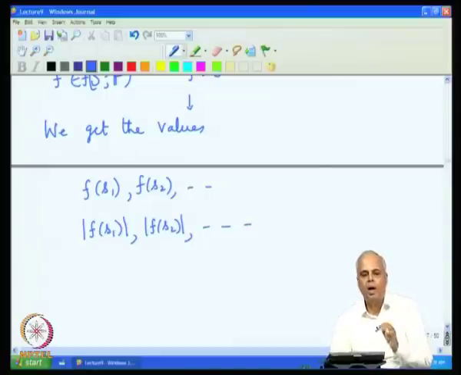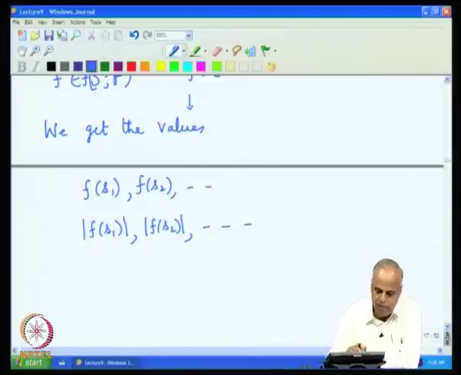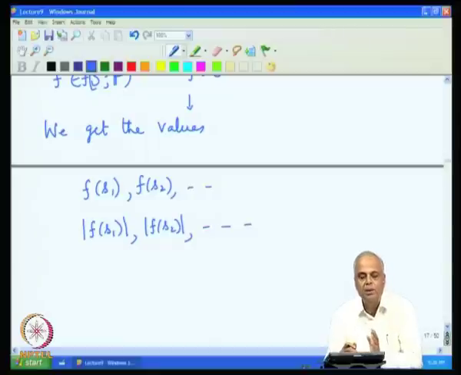If f is a real valued function, f(s1), f(s2), f(s3) are real numbers, but they can be positive or negative real numbers, but once we take modulus we get only non-negative real numbers. If f is a complex valued function, f(s1), f(s2), f(s3) will be complex numbers, but when we take the modulus